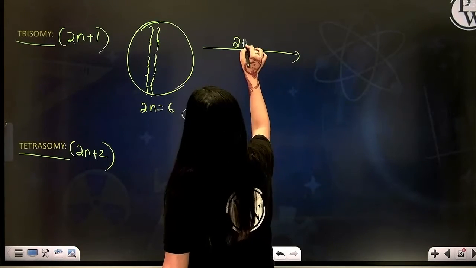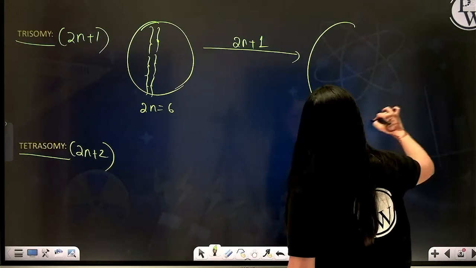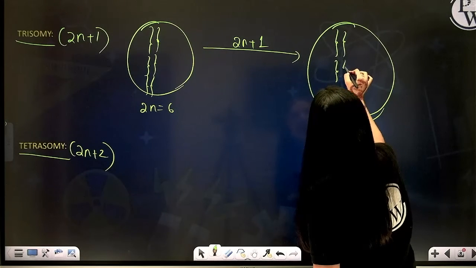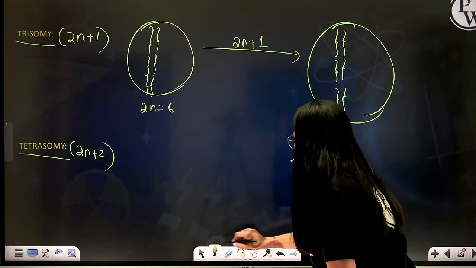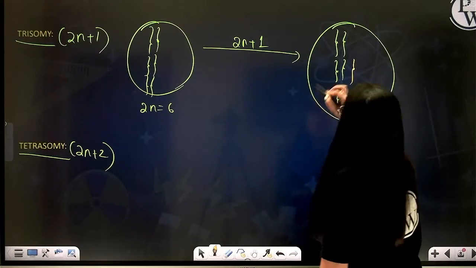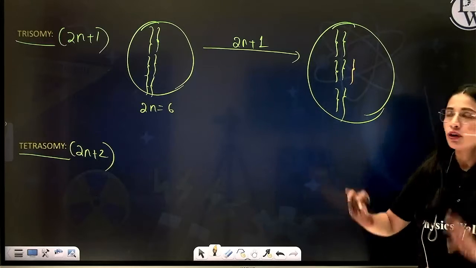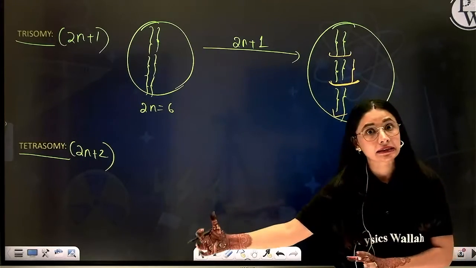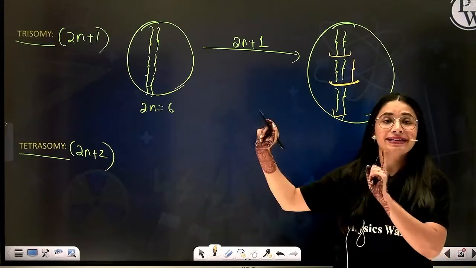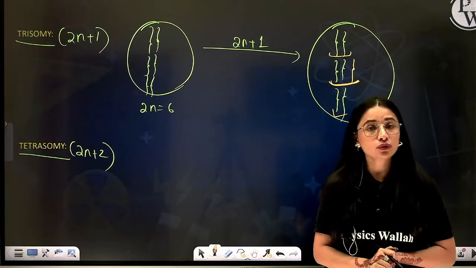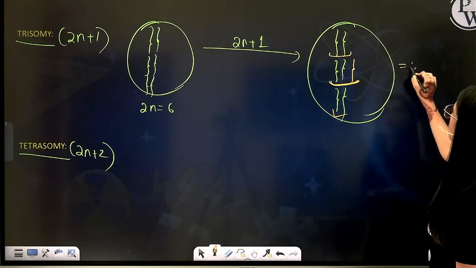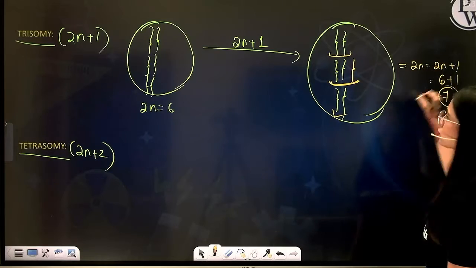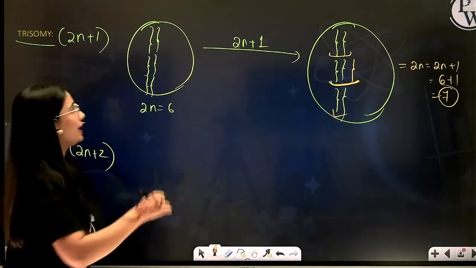Check. Trisomy. When any one of the chromosome gets duplicated. So this is the original condition. What will happen, beta? Anywhere one of the chromosome gets duplicated. So this is pair, this is pair. But here there are 3 chromosomes in one set. Sorry, in one pair. This is known as trisomy. Clear? 2n plus 1 condition. So over here, total chromosome will become 2n plus 1, that is 6 plus 1, that is 7 chromosome. This is trisomy. Example is